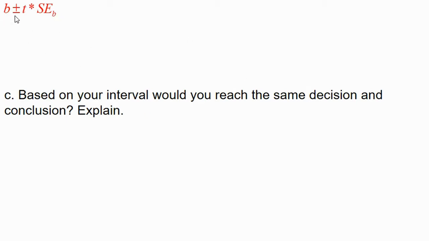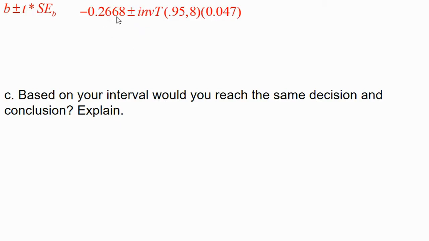So this is the formula for an interval for the slope. You start with b, which is the slope of your sample, plus or minus t star, which is your critical value, times the standard error of the slope. Again, everything's in your calculator. We already found b. If you go back to the calculator, we know what b is. b was negative 0.2668,